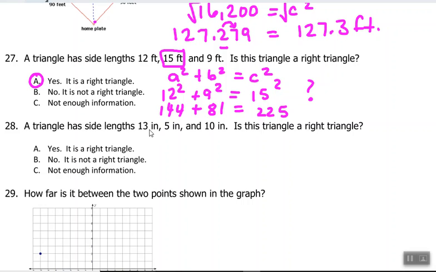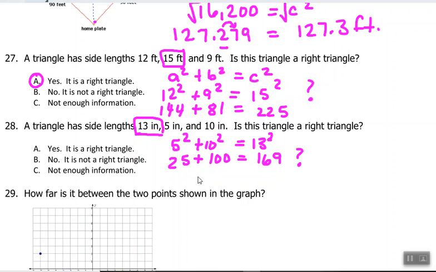Okay, so when I look at a different triangle that has side lengths 13, 5, and 10, I know the biggest one is my hypotenuse. So I'm going to say 5 squared plus 10 squared equals 13 squared. If this is true, then it means it's a right triangle. 25 plus 100 equals 169. I'm wondering, is that true? It's not. 125 does not equal 169. And so that may be a triangle, but it is not a right triangle. So I have enough information to tell that it is not actually a right triangle because it didn't follow the